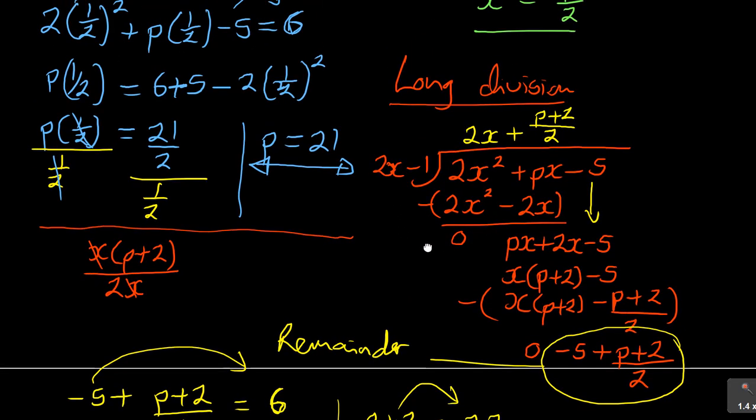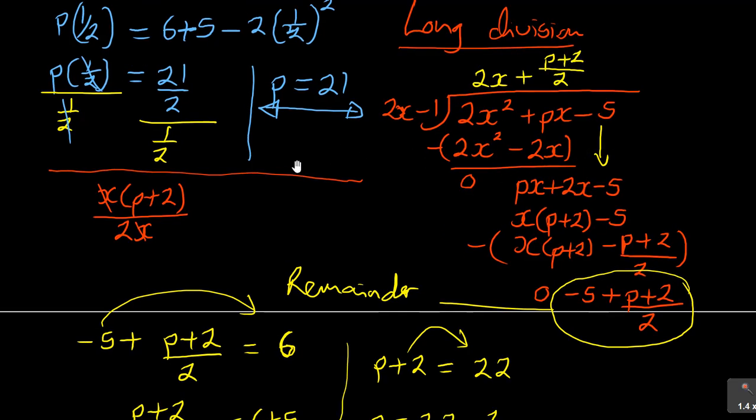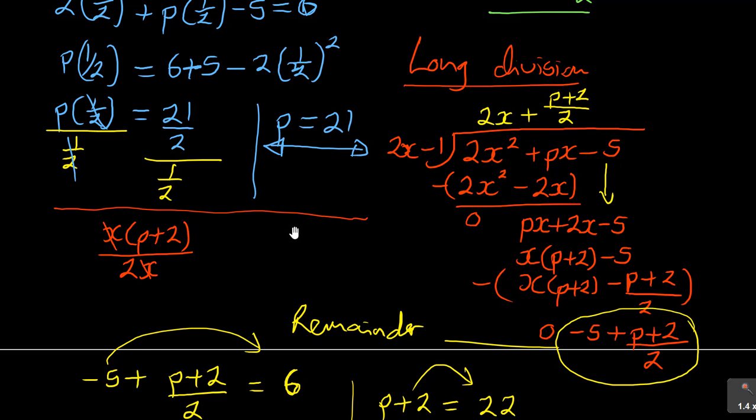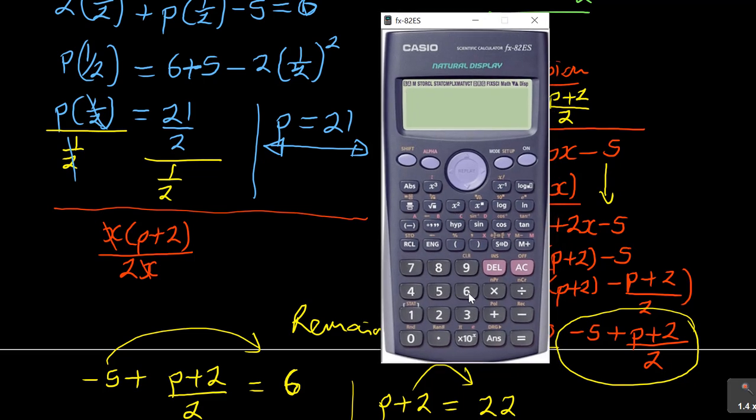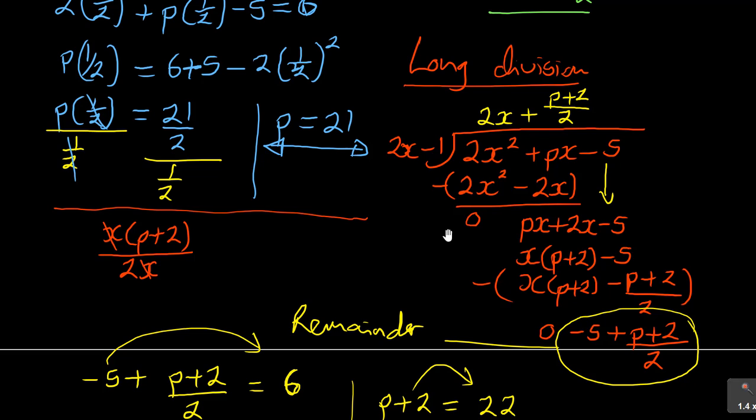Let me check again on my long division. Let me check my final answer again here, in which I had 6 plus 5, and then it was minus 2 over 1 over 2, in this case it was squared, and then this one correctly gave me 21 over 2, and then divided by 0.5 or divided by half, 1 over 2, just verifying again. So my answer there was 21. So in the same case here, it was supposed